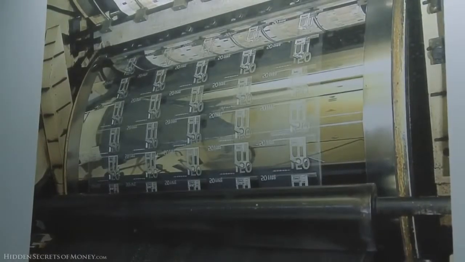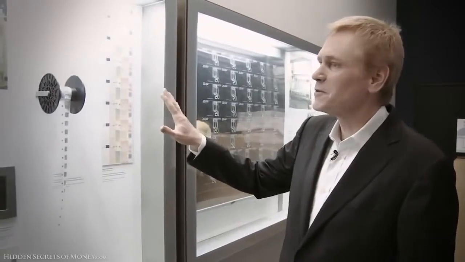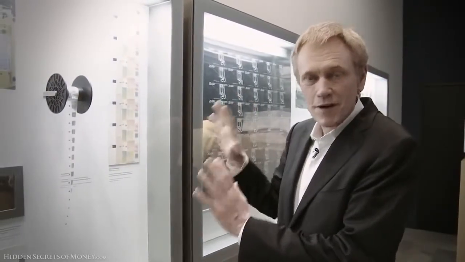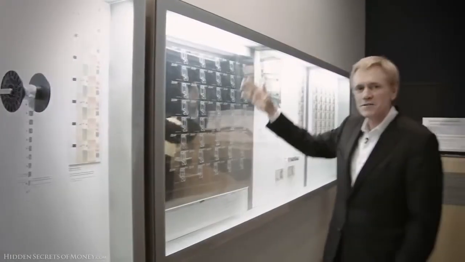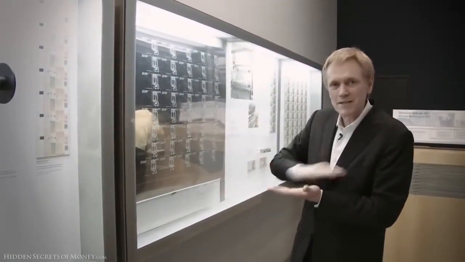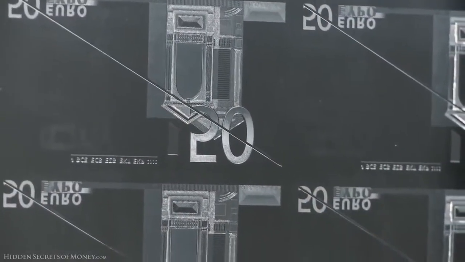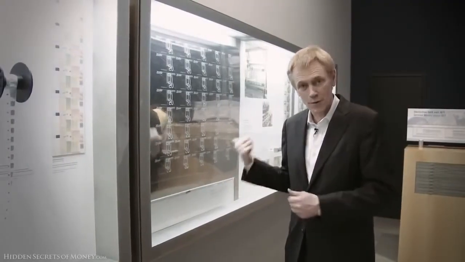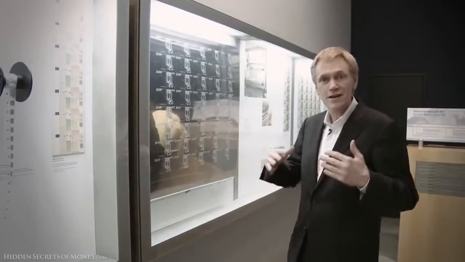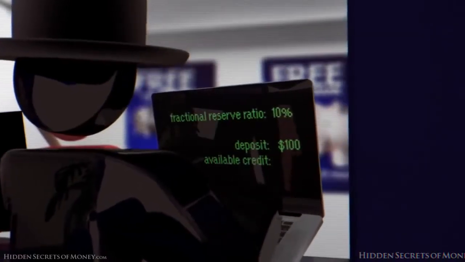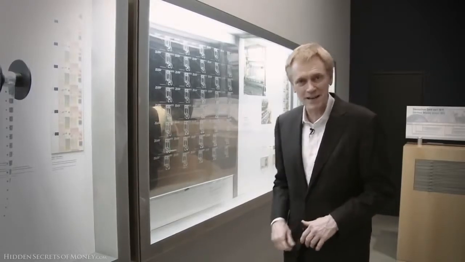So here we've got some examples of the technology that governments around the world are putting into their counterfeit currency so that the public can't counterfeit the currency that the governments are now counterfeiting. So you've got all these holograms and watermarks and different threads and different types of paper. And then here's this big old printing plate where they pop these things out a mile a minute. And right now they are hyperinflating the base money around the world, the paper money. We're going into a deflation though of the credit money, the voodoo hocus pocus currency that the banks just type into the computer. That's starting to collapse where this stuff is expanding.